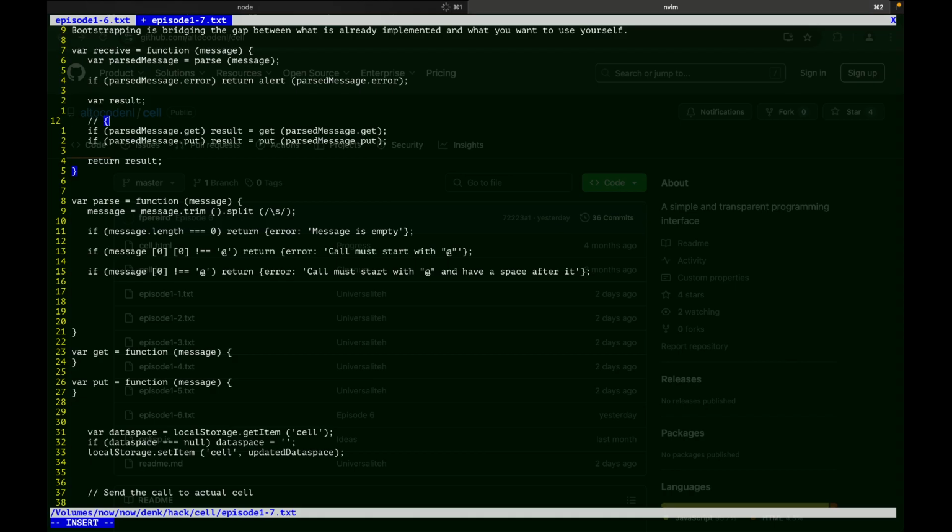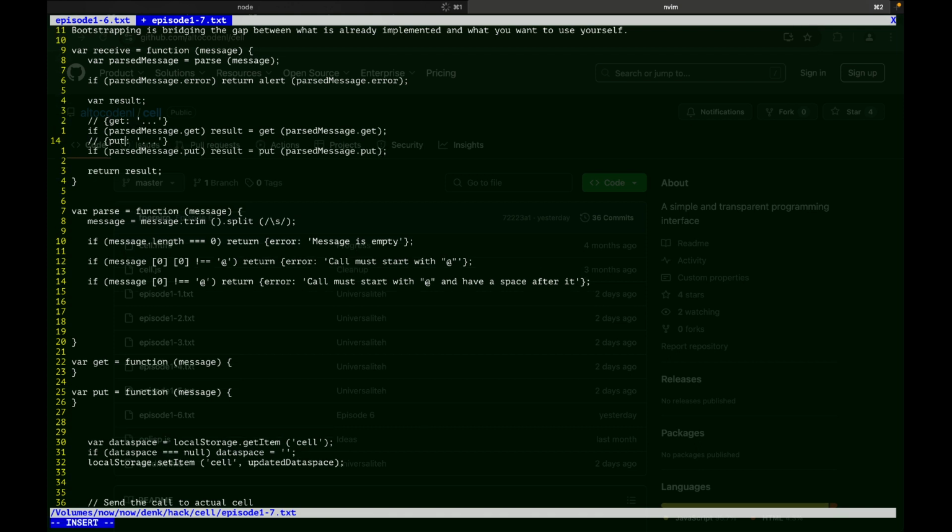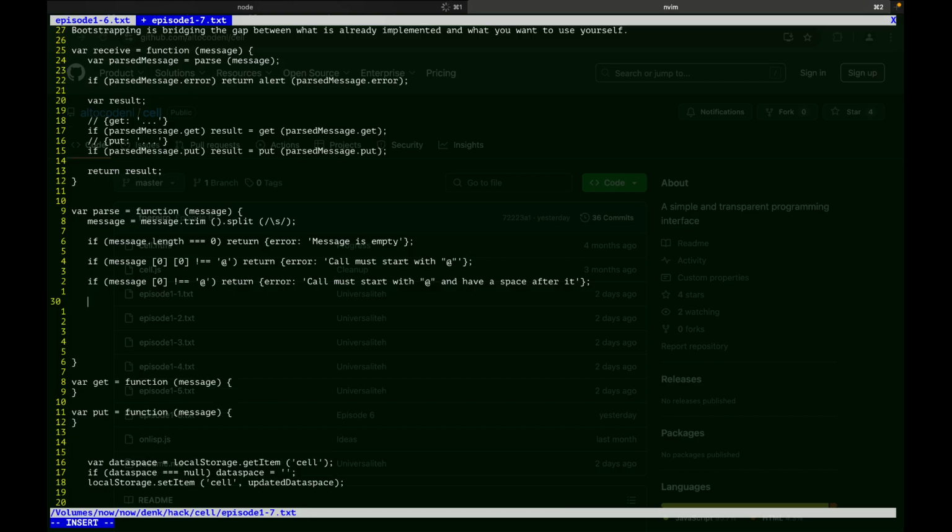Implicitly, we're expecting something like get and text, so a hash with key get, sorry, and then text as its value. And here we expect the same with put. And I am assuming that there's only one destination in the call, which I think is correct here. Anyway, we can always add more test cases later. Let's just get it to work.